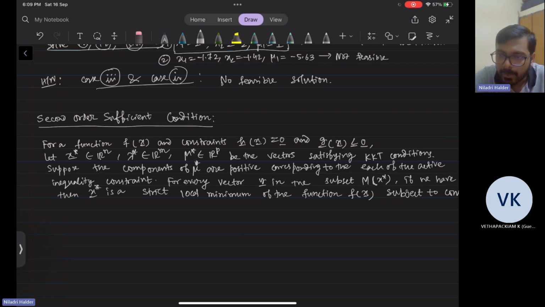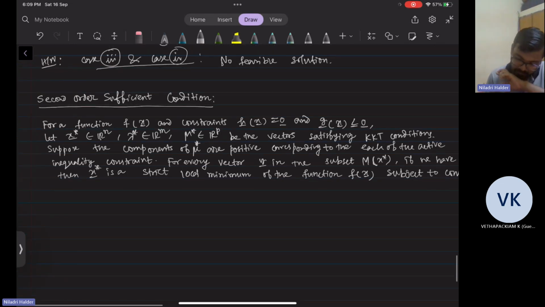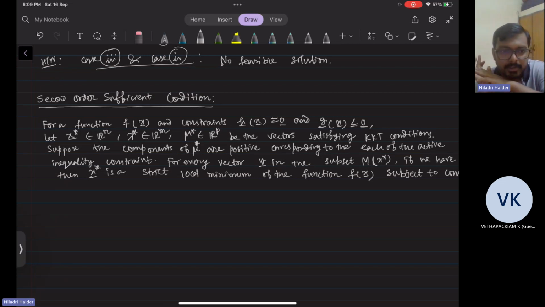How to find the inverse of the matrix? Okay, so I'll show how to find out that pseudo inverse. So for a function, after satisfying the KKT conditions,